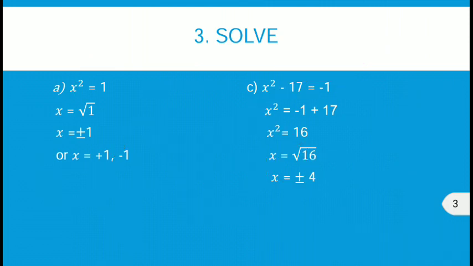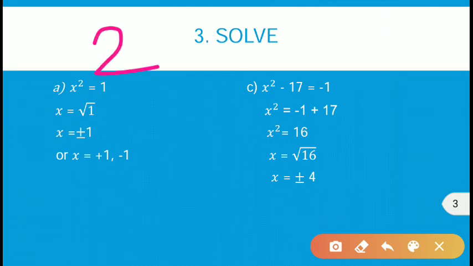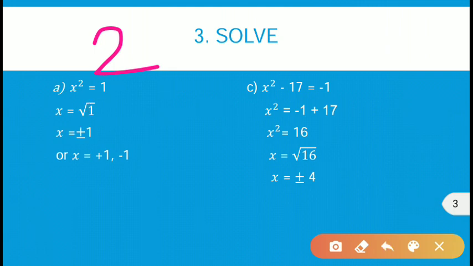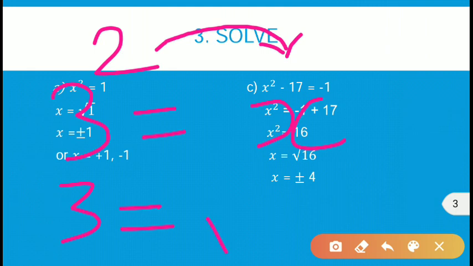In the same way, if we have x square, when we transfer this square to the other side, it will convert into a square root. If we have a square of any number, suppose 3 square, and here it is x, when we transfer this square to the other side, this square will convert into a square root. This can be written as 3 is equal to under root or square root of x.